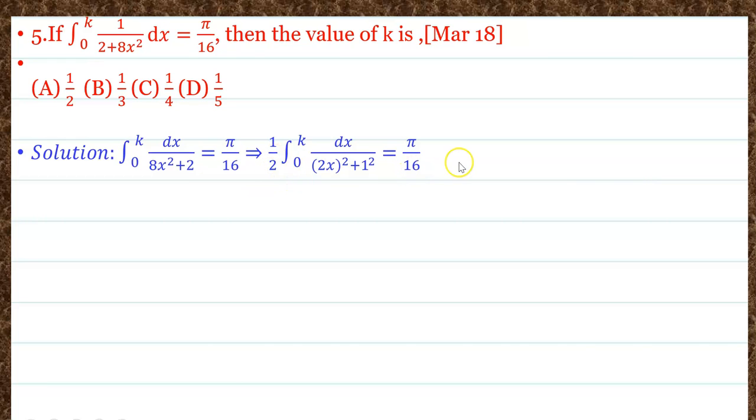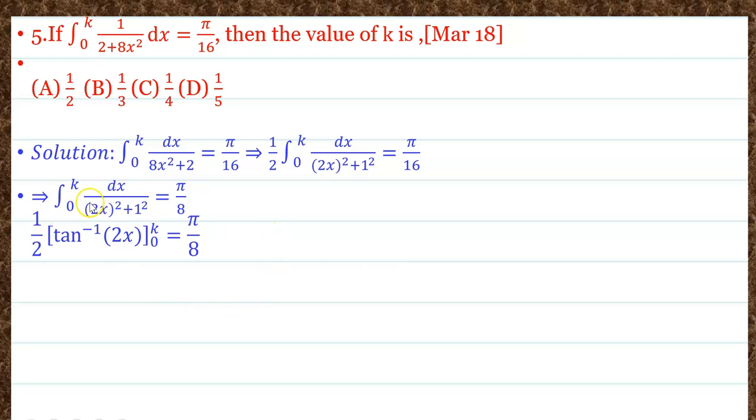आता पुन्हा हे 2 आणि इथे 16, ते आपण सिम्प्लिफाय करणार अँड हिअर यू विल गेट इंटिग्रल 0 to k dx 2x ब्रॅकेट स्क्वेअर प्लस 1 स्क्वेअर इज इक्वल्स टू पाय अपॉन 8, जर आपण ते सिम्प्लिफाय केलं तर. अँड व्हॉट अबाउट दिस इंटिग्रल? इंटिग्रल 0 to k dx अपॉन 2x स्क्वेअर प्लस 1 स्क्वेअर इज इक्वल्स टू पाय अपॉन 8. आता हा इंटिग्रेशन कसं आलं तर ax स्क्वेअर